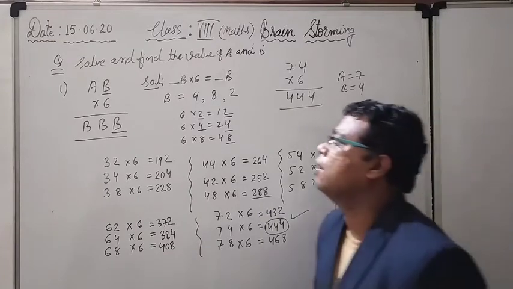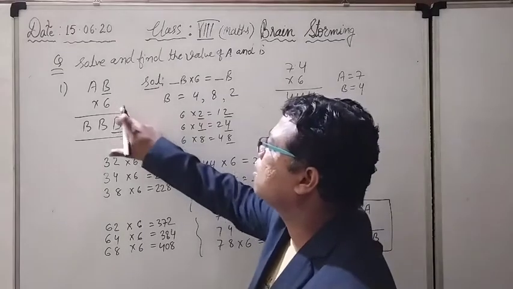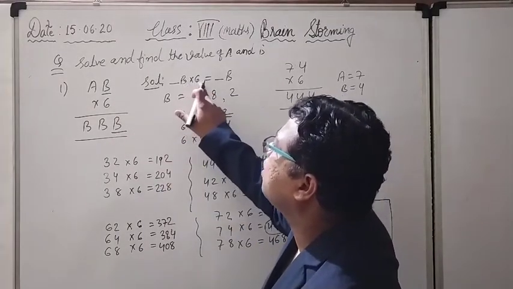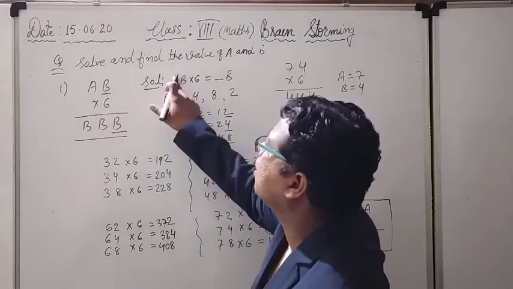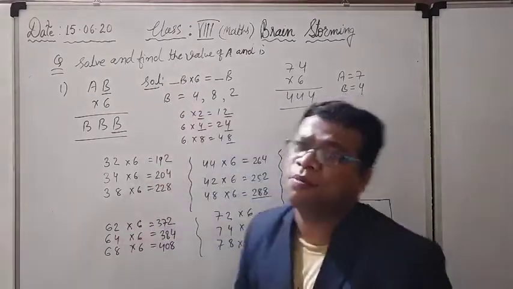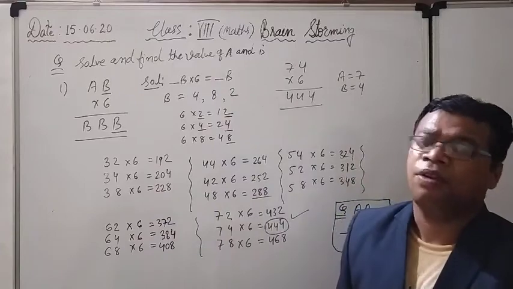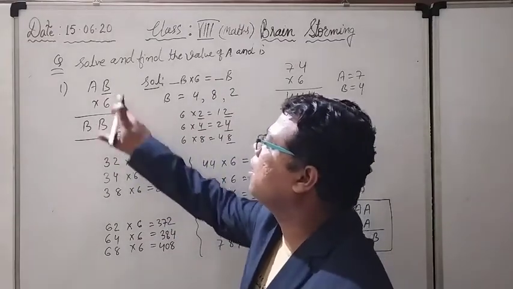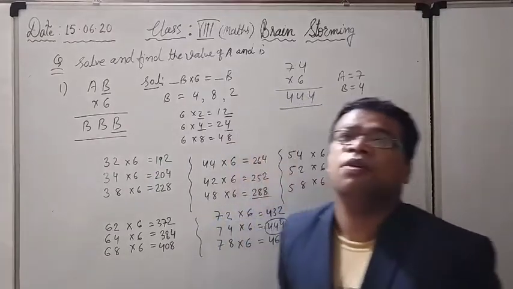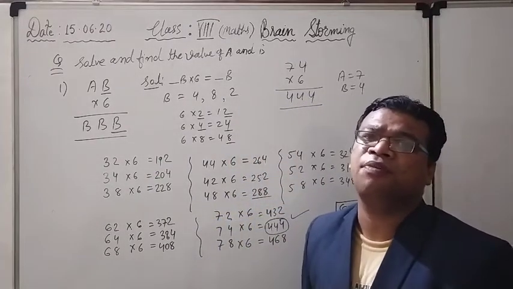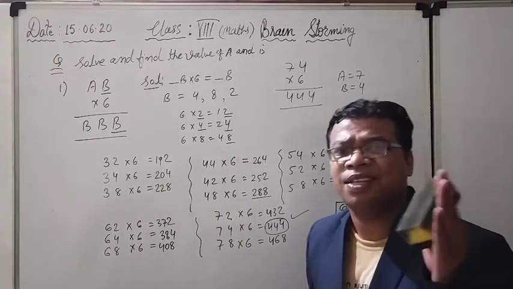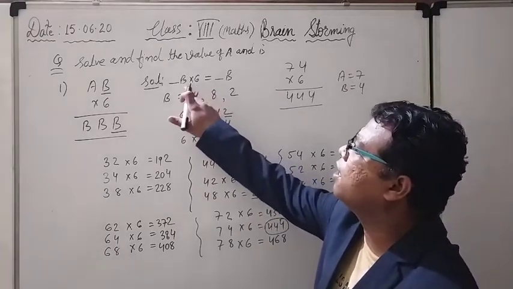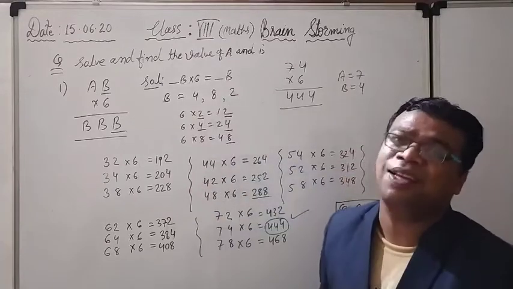See what the things are. B into 6, again B. Same thing I have written here. What are the unit digits? B into 6. We are not considering what number will come here. Our concentration is only for that: 6 multiplied by B, again we have to get B. For which particular digit, when we multiply by 6, do we get the same number again? So see what I have written here: B into 6 is equal to B at the unit place digit.